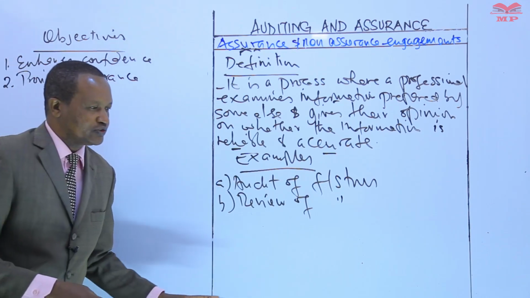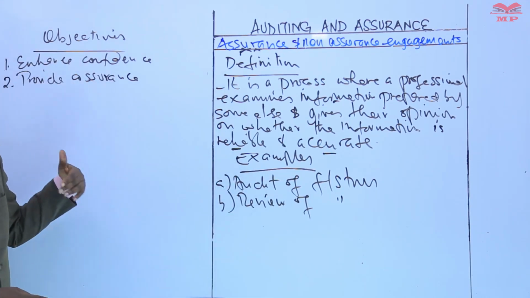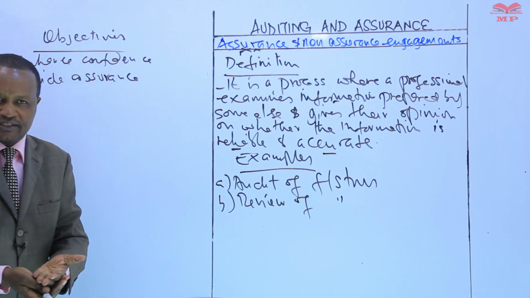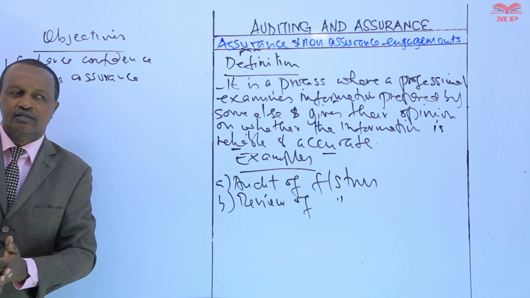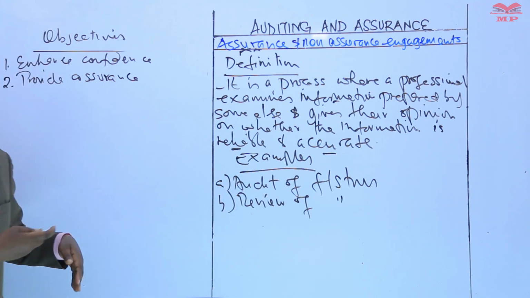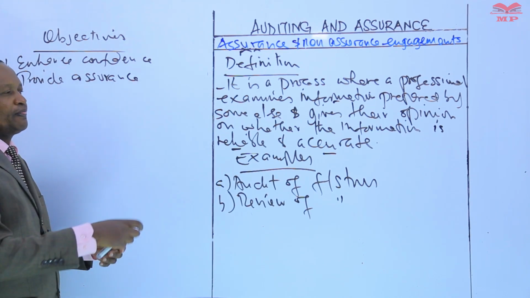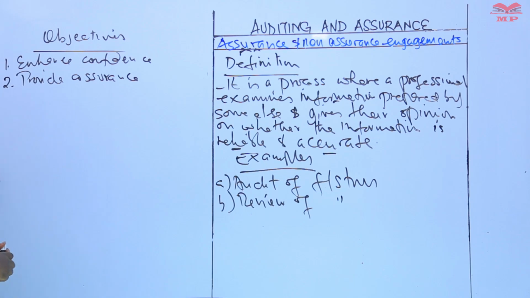When preparing financial statements, the management may be biased, okay? Or the information may not be as accurate because of complexity. So the auditor comes in to provide assurance because the examination is independent and objective. The assessment is objective, which reduces information risk that is caused by complexity or bias.